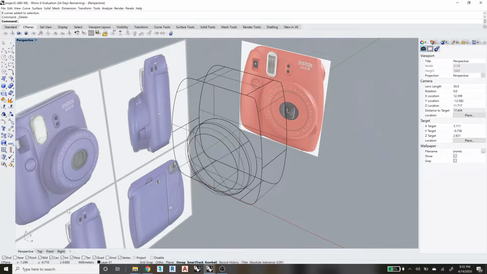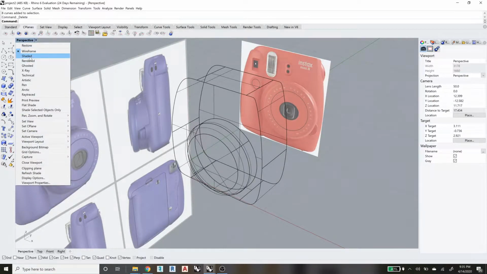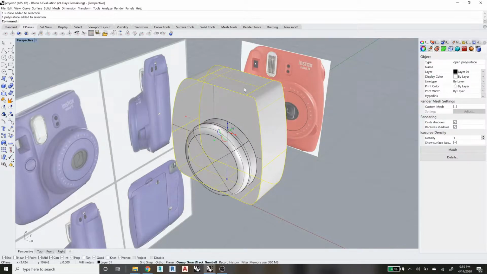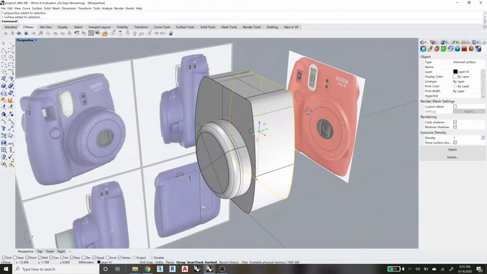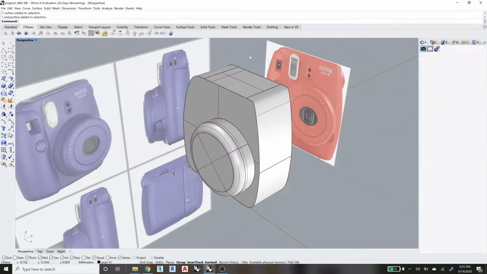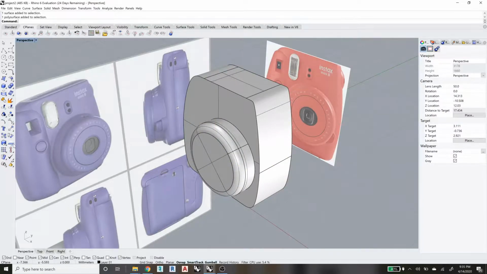One thing I noticed is that if I go to shaded here to look at your model, you haven't grouped these yet. I grouped them myself, but then I found some naked edges. That means that when you start modifying these joined elements with naked edges, they're not exactly joined as one surface, so you're going to have problems. That's going to be a problem when you 3D print, because there will be holes in that model. So how do I find that out? I go over here to show edges,